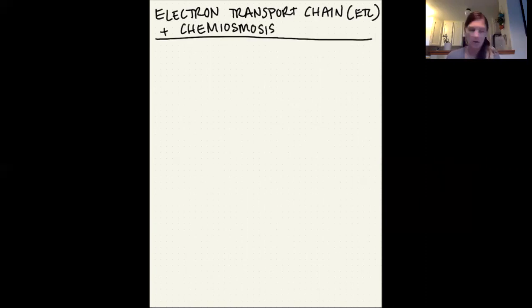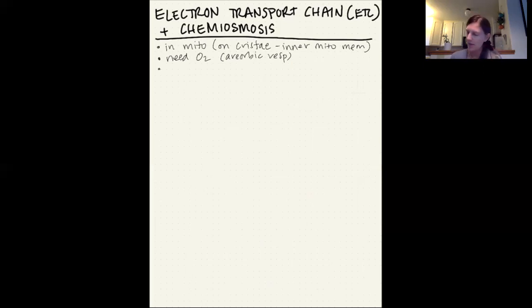All right, so again, let's just talk about some of the key points here. First off, this is going to be in the mitochondria, and in particular on the cristae, or those membrane folds. So it's going to be on the inner mitochondrial membrane, right? We are going to see that we need oxygen for this to happen. So this is going to be aerobic respiration. Sorry if I spelled that wrong. That's really painful for me.